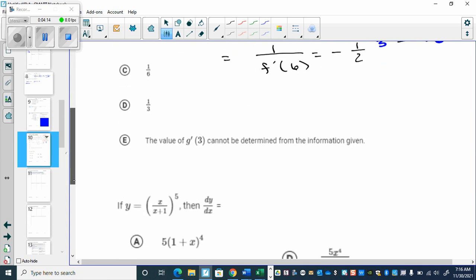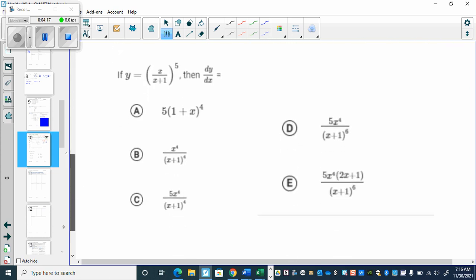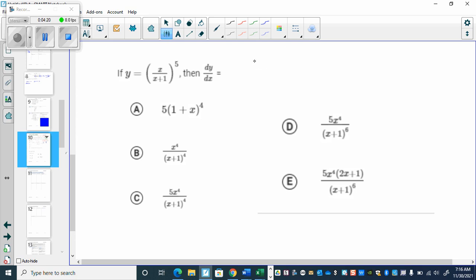All right. Next number, it's the derivative. So derivative here. If I'm going to get the derivative, I'm going to make this x over x plus 1 equal to u, and then d sub u. And I'm going to put this up in the top so it's easier for me. d sub u is going to be,